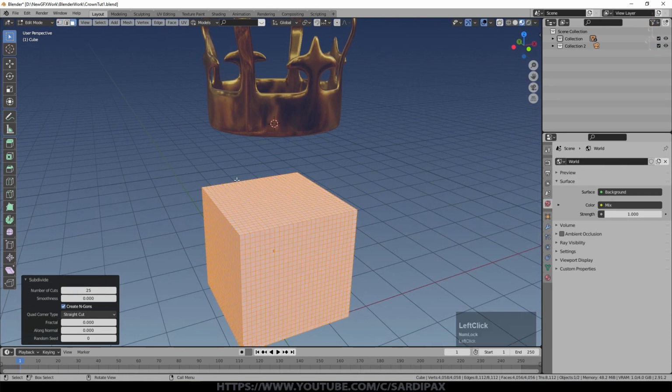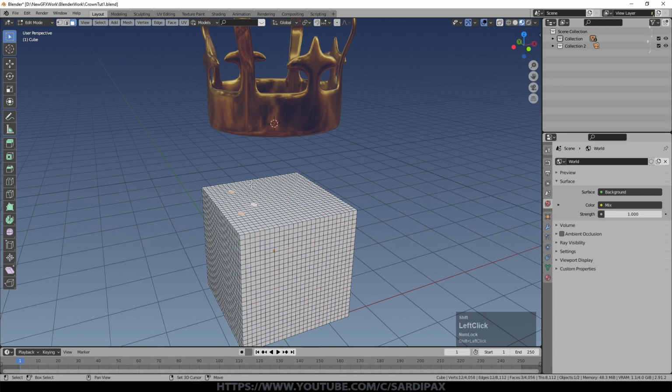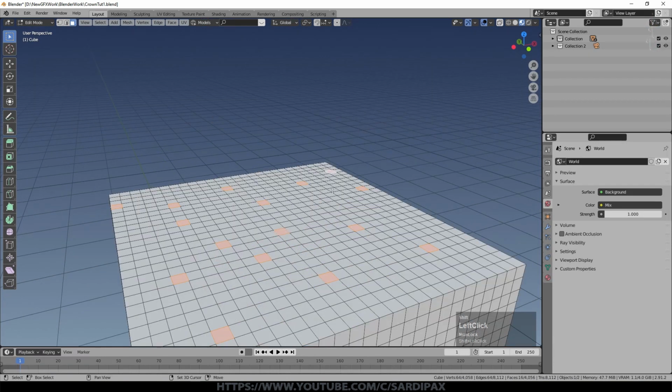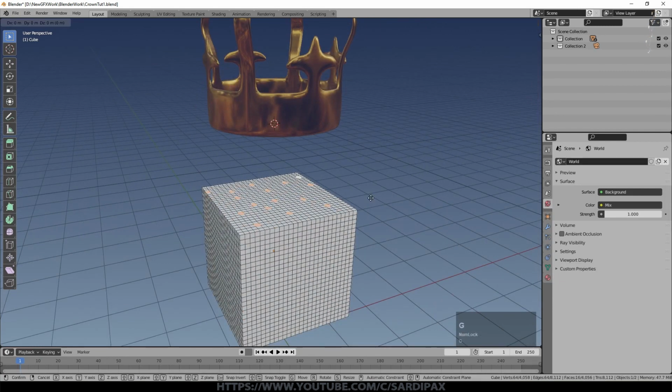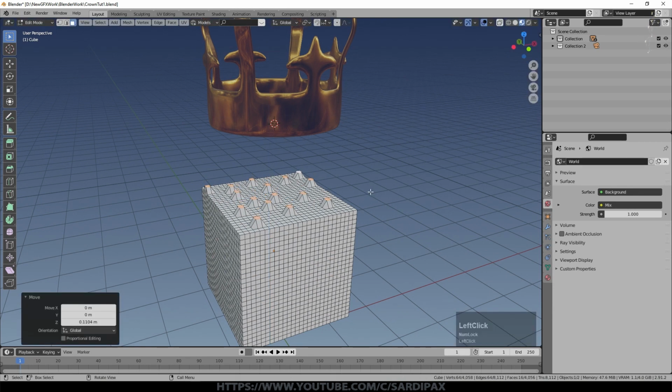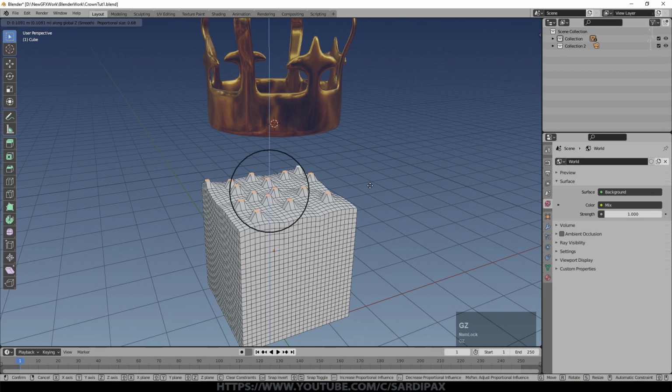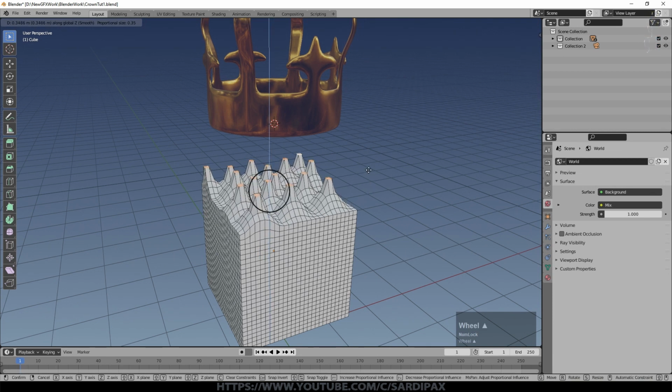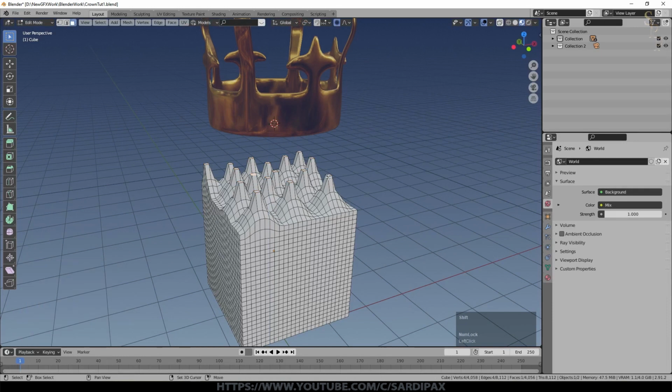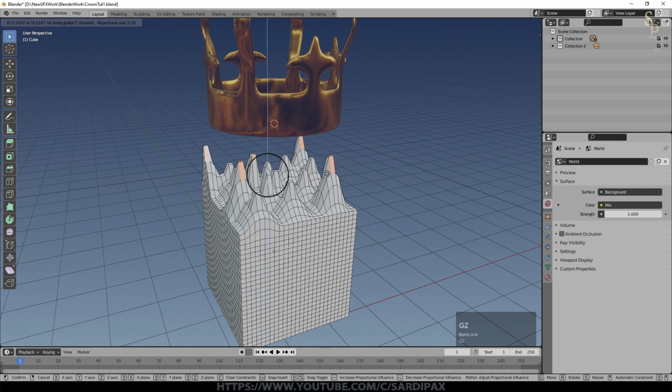I'm just going to go to face select, and select some random faces on the top here. Need to select a reasonable number, and then G Z. So I'm not extruding, I'm just pulling these faces up a little bit. And now I'm going to turn on proportional editing, G Z again, and narrow it in, and we'll go a bit more. Now you can start to see why I need quite a few faces on this object. G Z again,